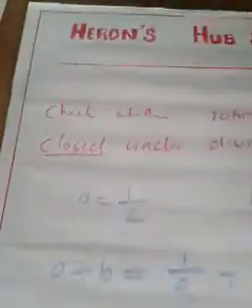Then can you say rational numbers are closed under division? No, rational numbers are not closed under division. Why not? Because if rational numbers were closed, for every a and b, a divided by b should be a rational number. But here it is spoiling. a divided by b is not a rational number, because the denominator becomes 0. So rational numbers are not closed under division. This is the way of checking closure property. Now let us move to the commutative property. You may have understood.